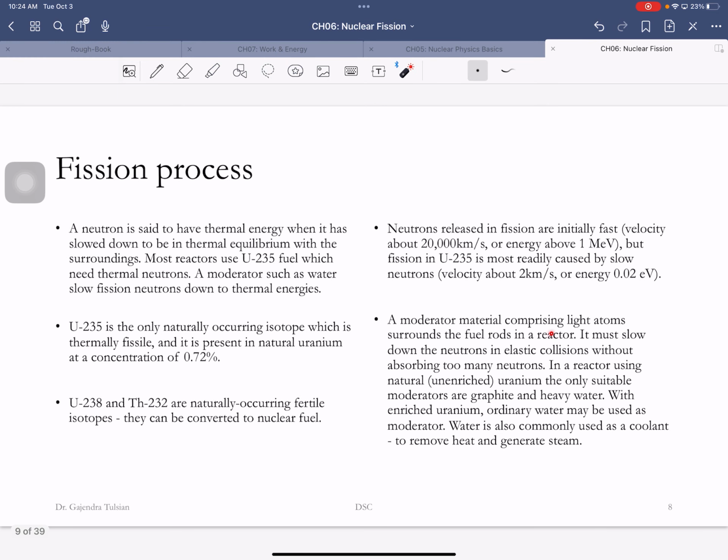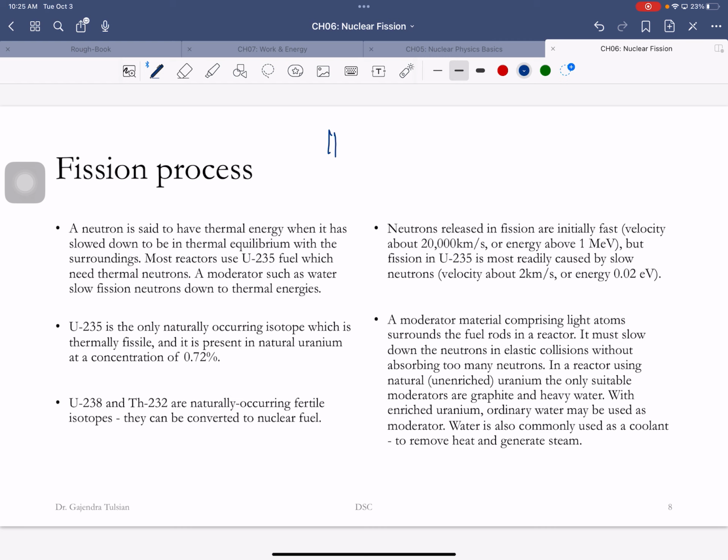Okay, so a moderator comprising of light atoms surrounds the fuel rods in a reactor. In a reactor using natural unenriched uranium, the only suitable moderators are graphite and heavy water. Heavy water is,